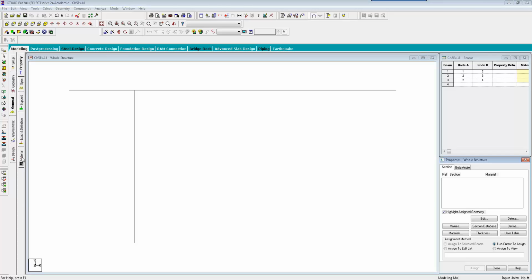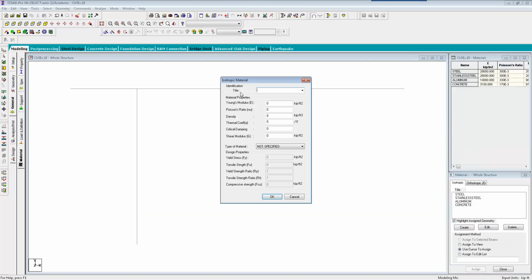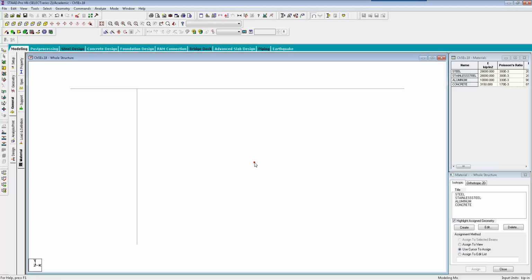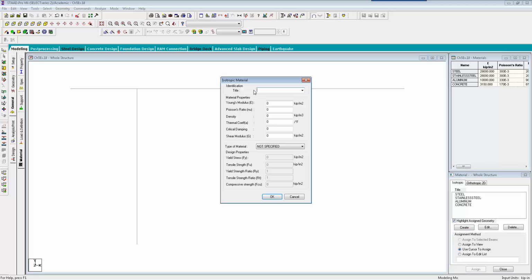Let's define the material, create. In this material we have new material. Do you see the unit system is not matching, so we are going to go to unit system, input units, make it inch, then OK, then go to create, make a new. Let's call the modulus of elasticity as 4500 KSI, and Poisson ratio is given to us because we are also considering the effect of the area in your deflection. So my Poisson ratio is 0.1,